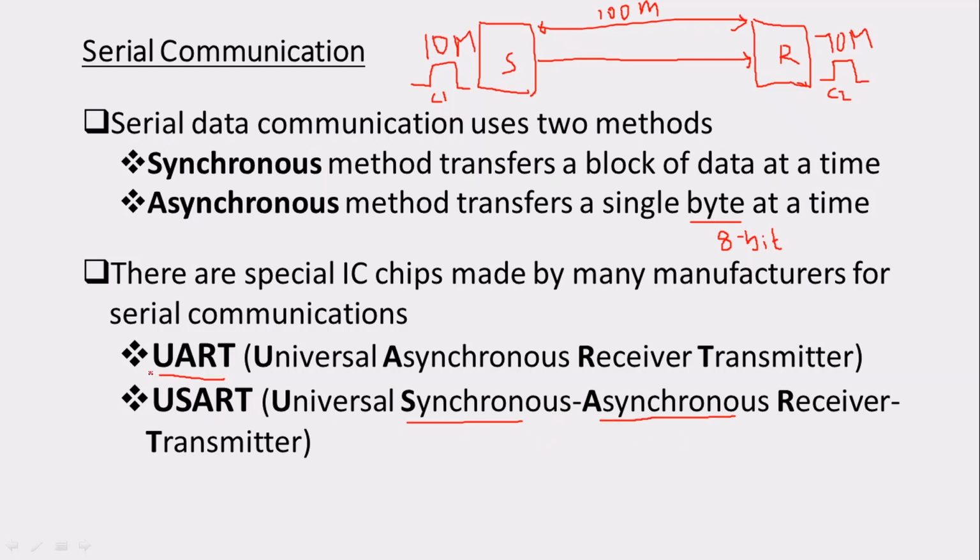But when it comes to it, the UART is the widely used platform. Why is it a widely used protocol? Because in real-time scenarios we don't expect all the hardware we have developed to be running at the same clock frequencies. Because all the hardware will be running at different clock frequencies, we need to go for an asynchronous receiver transmitter. Since those things are different in nature, the UART is being used widely.